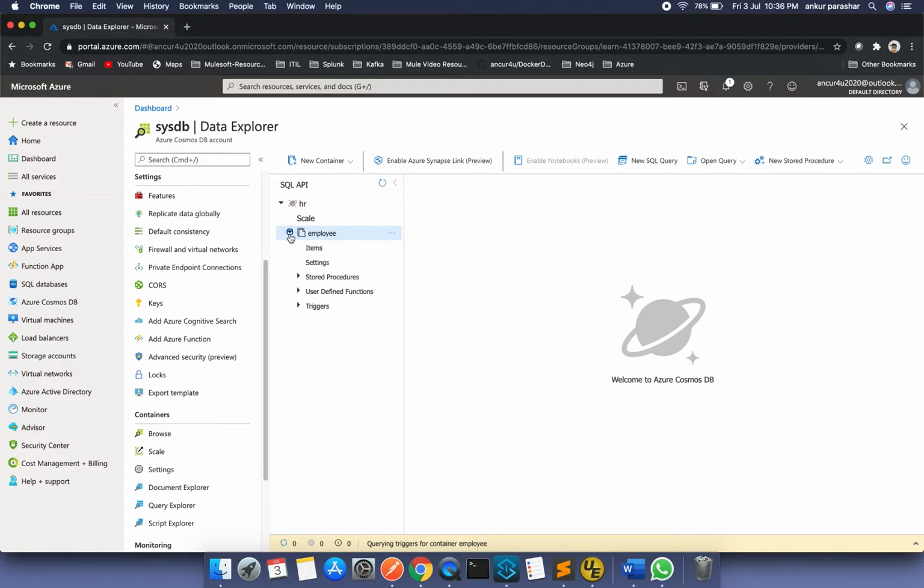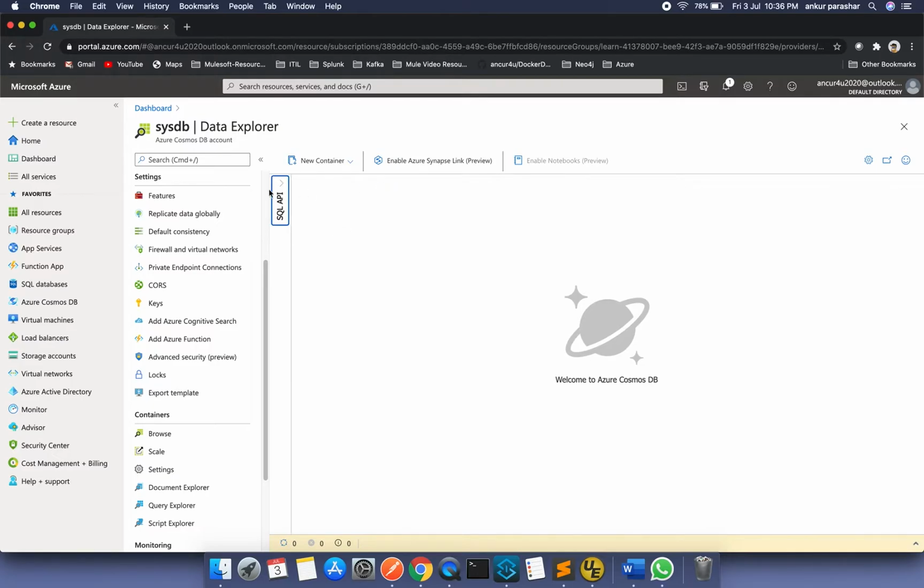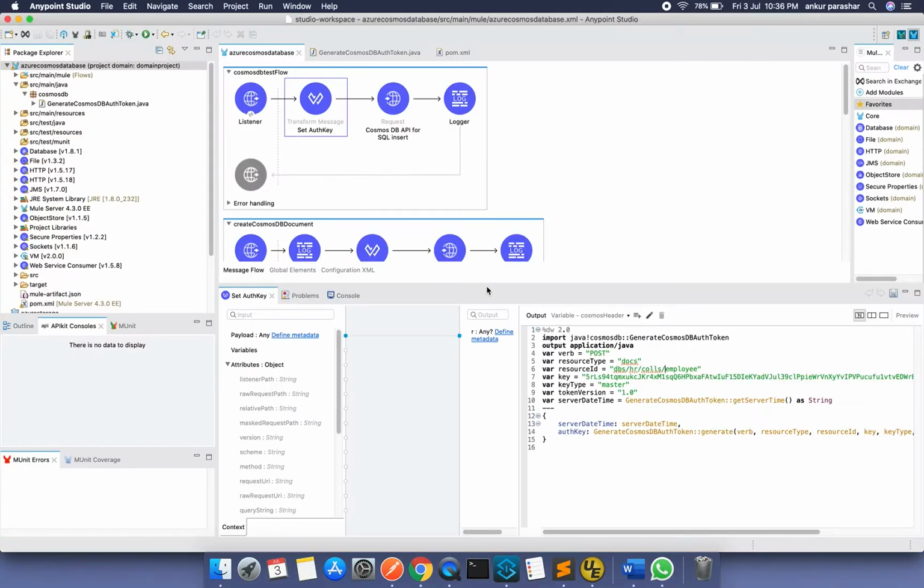So this is some sort of format like HTTPS. After that, the database name, and then the columns, and after that the name of the collection or the container which we have created. So this is the format.